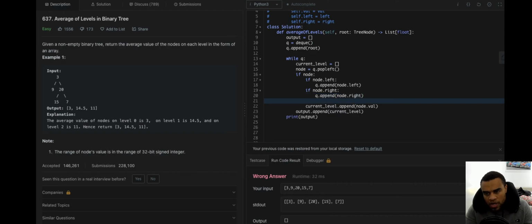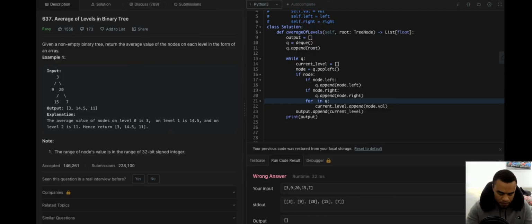So now our Q is all the values. So for I in Q, current level dot append node dot val.